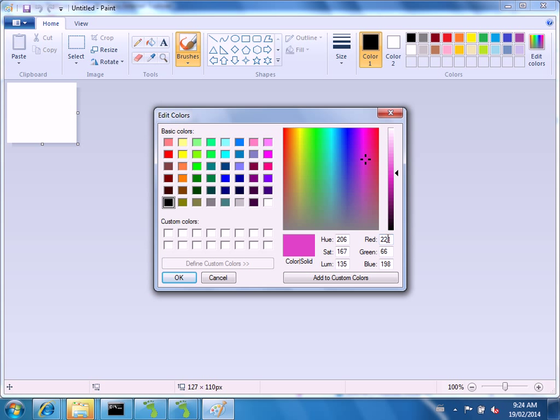If I wanted to recreate this on the computer screen, the components are red 221, green 66, blue 198. So now I can make custom colors and tell Java what the numbers are that go with it. It's pretty hard to know what they're going to turn out on their own without some practice with what the different mixtures make. But you'll get the hang of it when you practice lots of graphics,